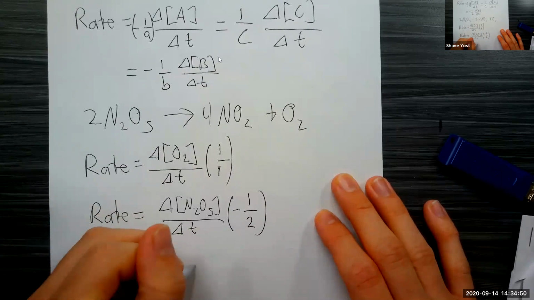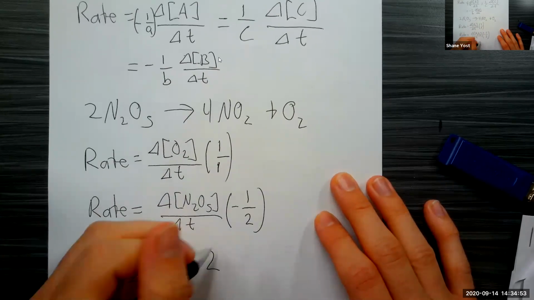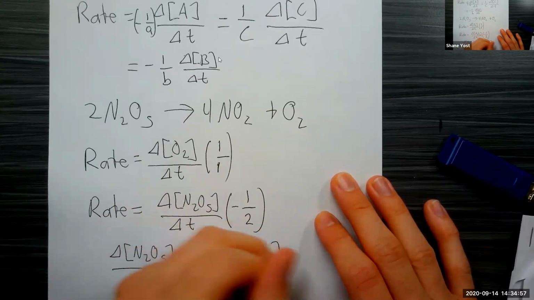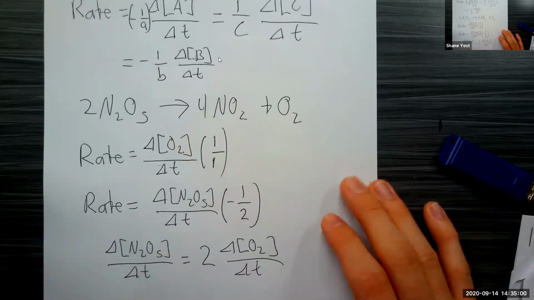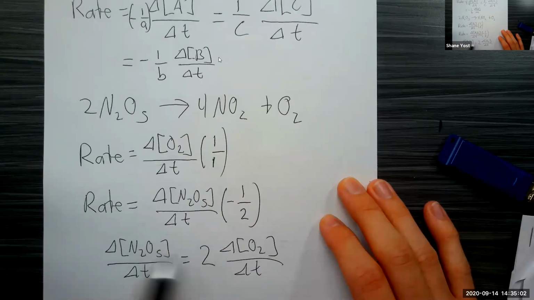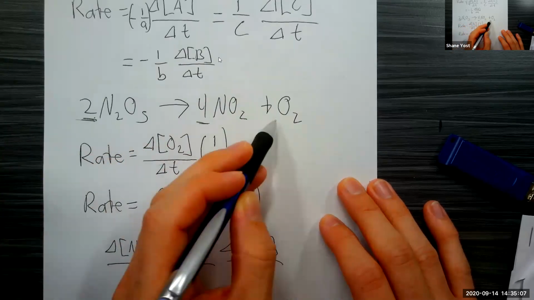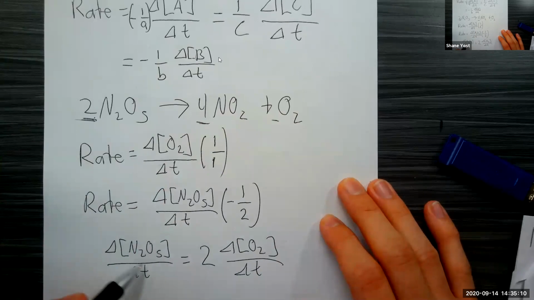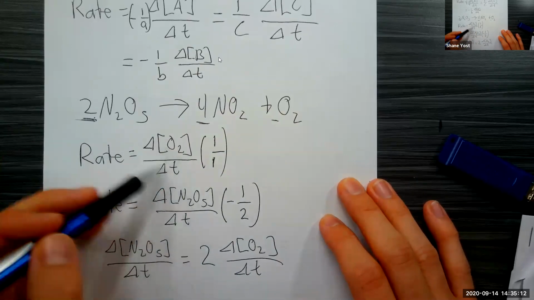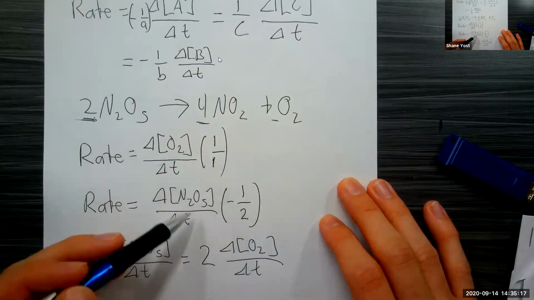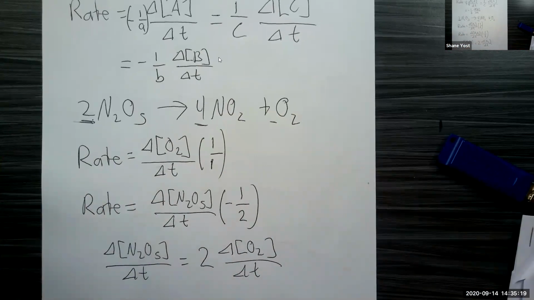over time is going to be twice the change in O2 over time. Because these things are related by their balanced stoichiometric coefficients, if I just divide the rate of change of my concentrations of my reactants or products by their stoichiometric coefficients, then I will get the exact same number no matter what I measure. And we define this as the average rate of reaction.